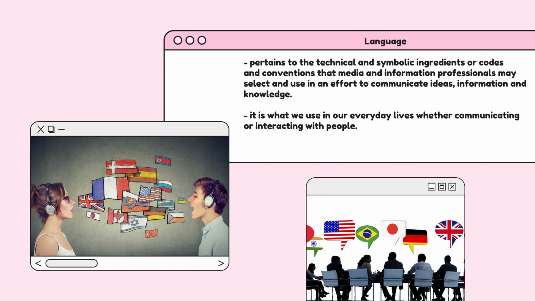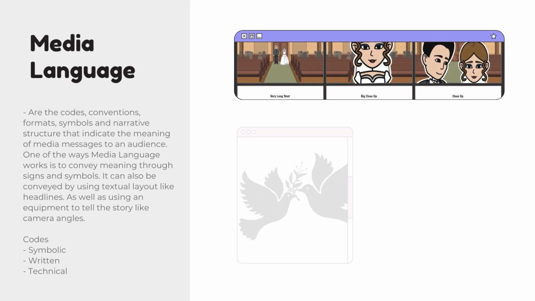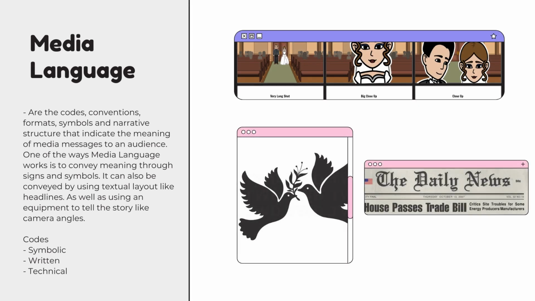So, we will tackle many ways of communicating later on, but first, let us see its description. So, media language are the codes, conventions, formats, symbols, and narrative structure that indicate the meaning of media messages to an audience. One of the ways media language works is to convey meaning through signs and symbols. It can also be conveyed by using textual layout like headlines as well as using an equipment to tell the